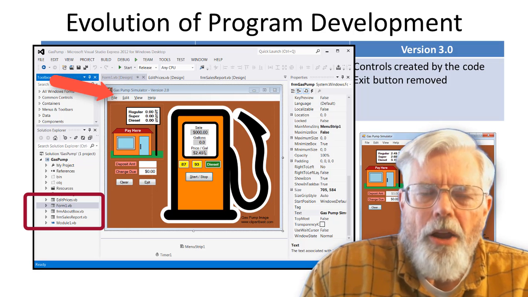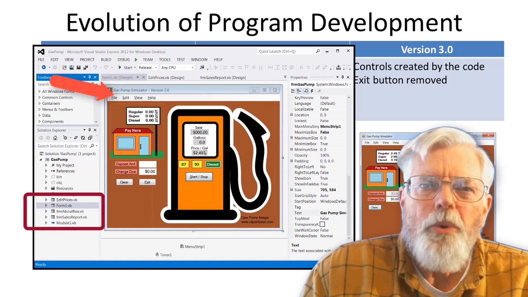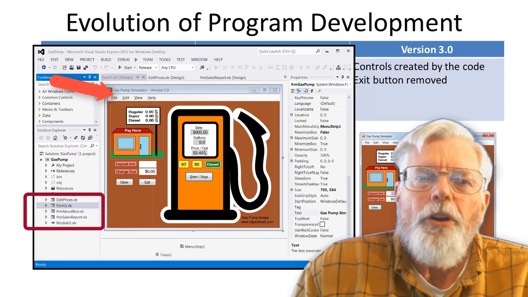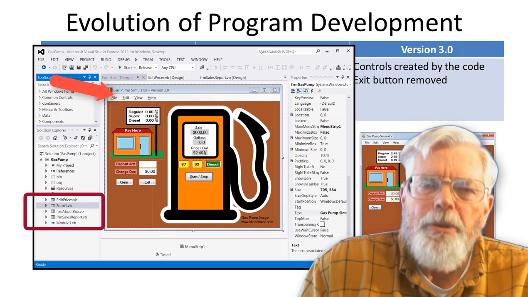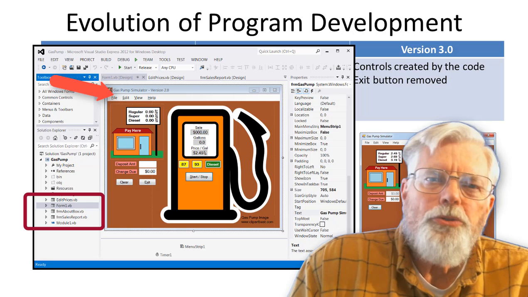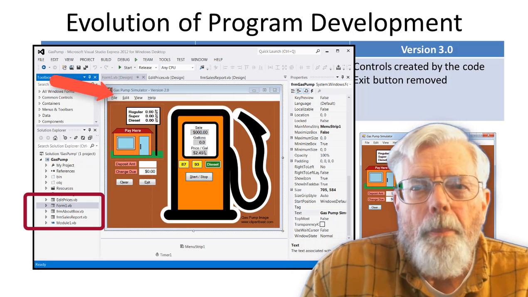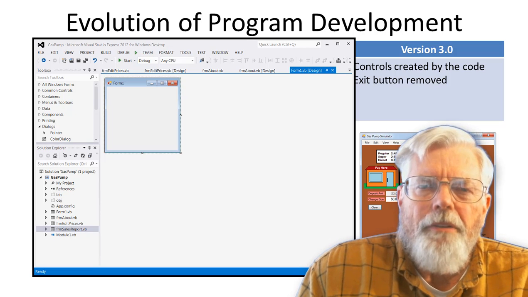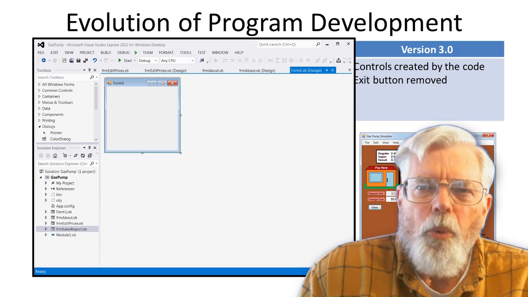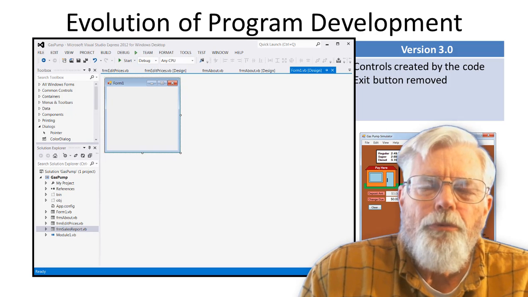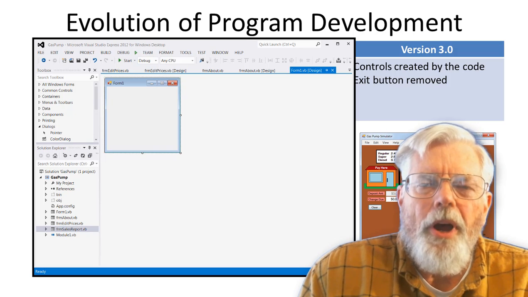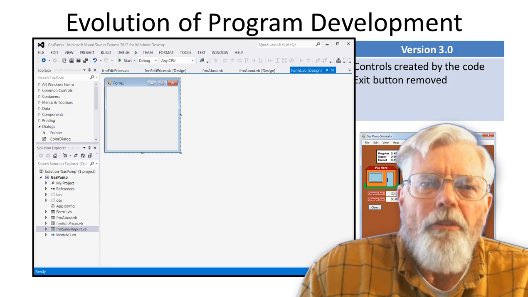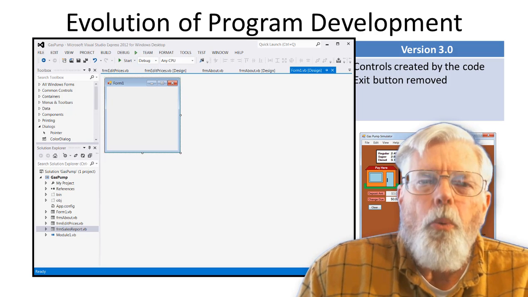This project, along with version 1.0, was created with the Visual Basic Designer mode, where I took all of the controls, such as the buttons and the labels and the forms, and dragged those from the toolbox onto the form. I figured it might be difficult for a lot of students, or certainly take a lot of work to recreate all those buttons and forms. In version 3.0, I created everything inside the code to where all of these controls were generated